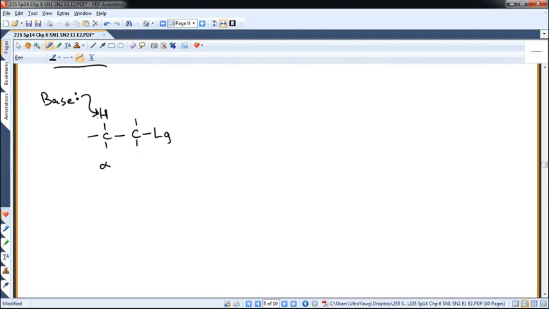And I didn't like that arrow, so I'm redrawing it. There we go. If the base removes that proton, because that's what bases do, these electrons are unaccounted for, so they have to go somewhere. They can't just flop around in space. Where are they going to go? They're going to go between the 2 carbons. And since this carbon cannot violate its octet, it says, peace out, leaving group, I don't like you. And in one step,